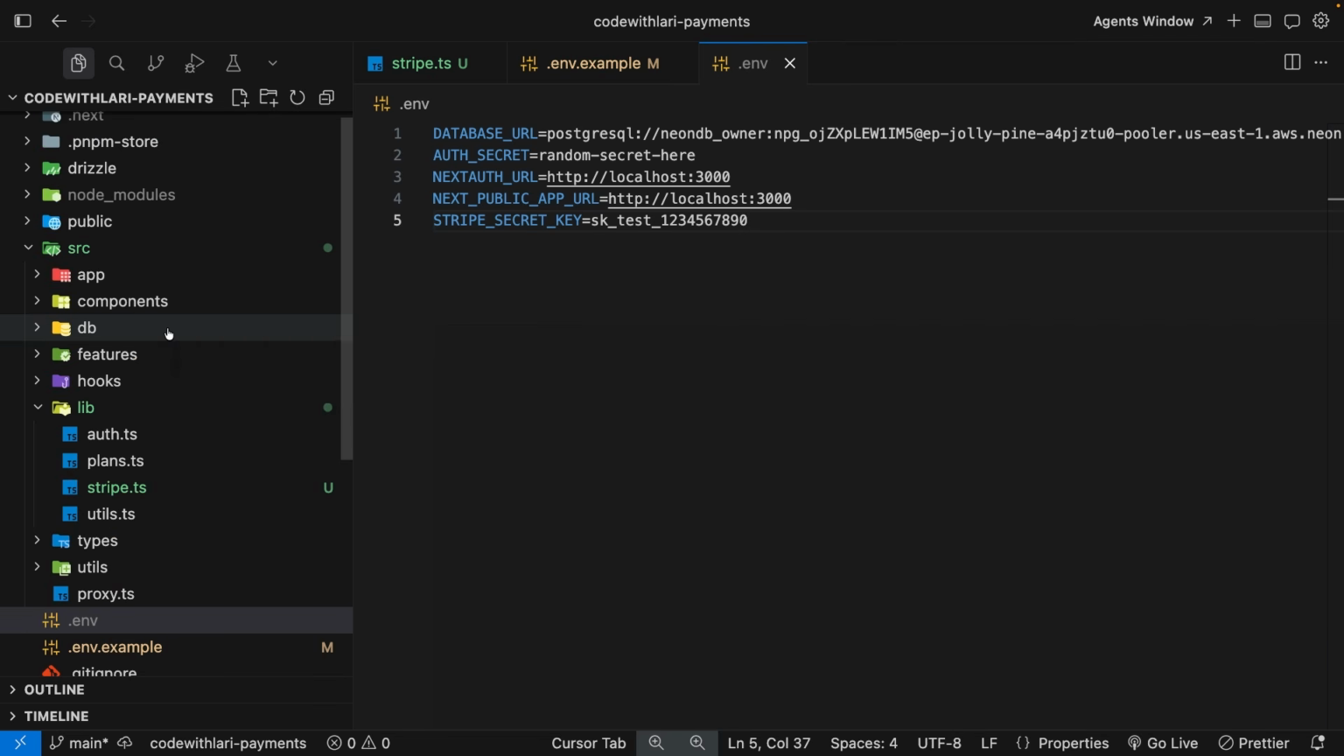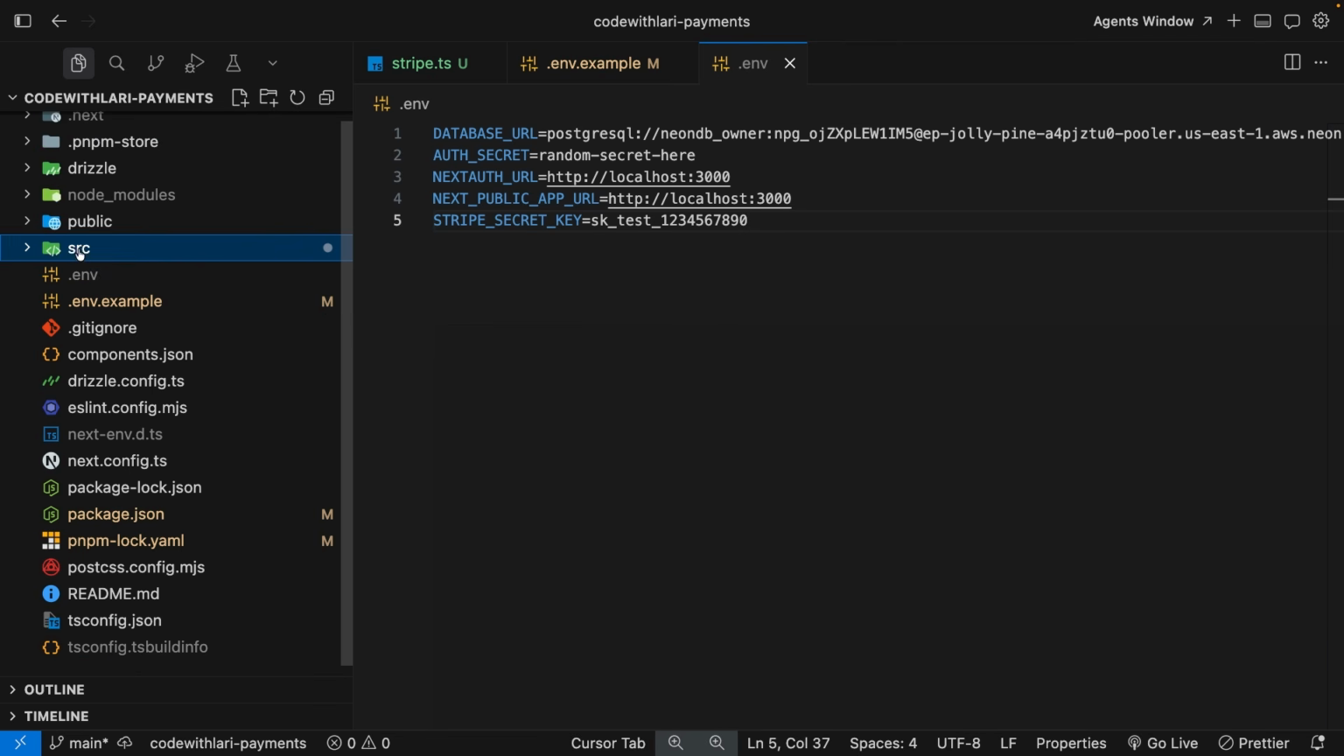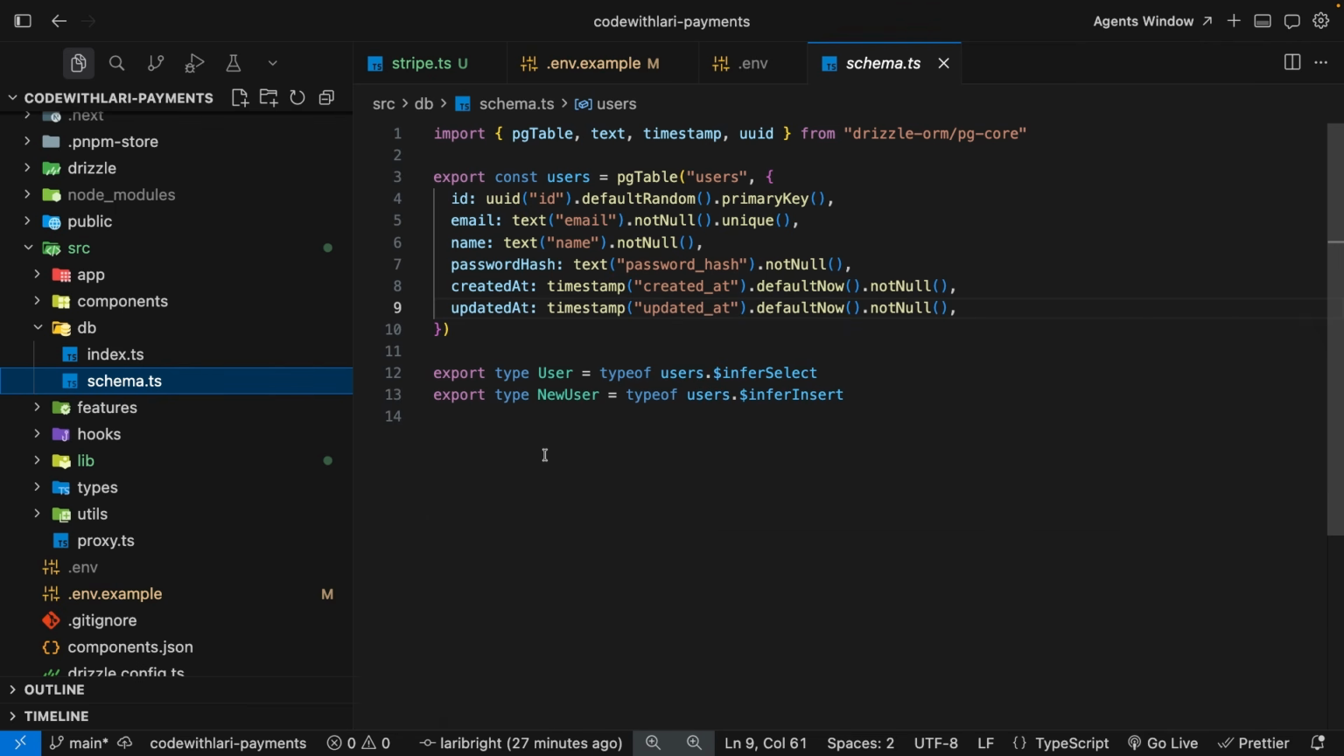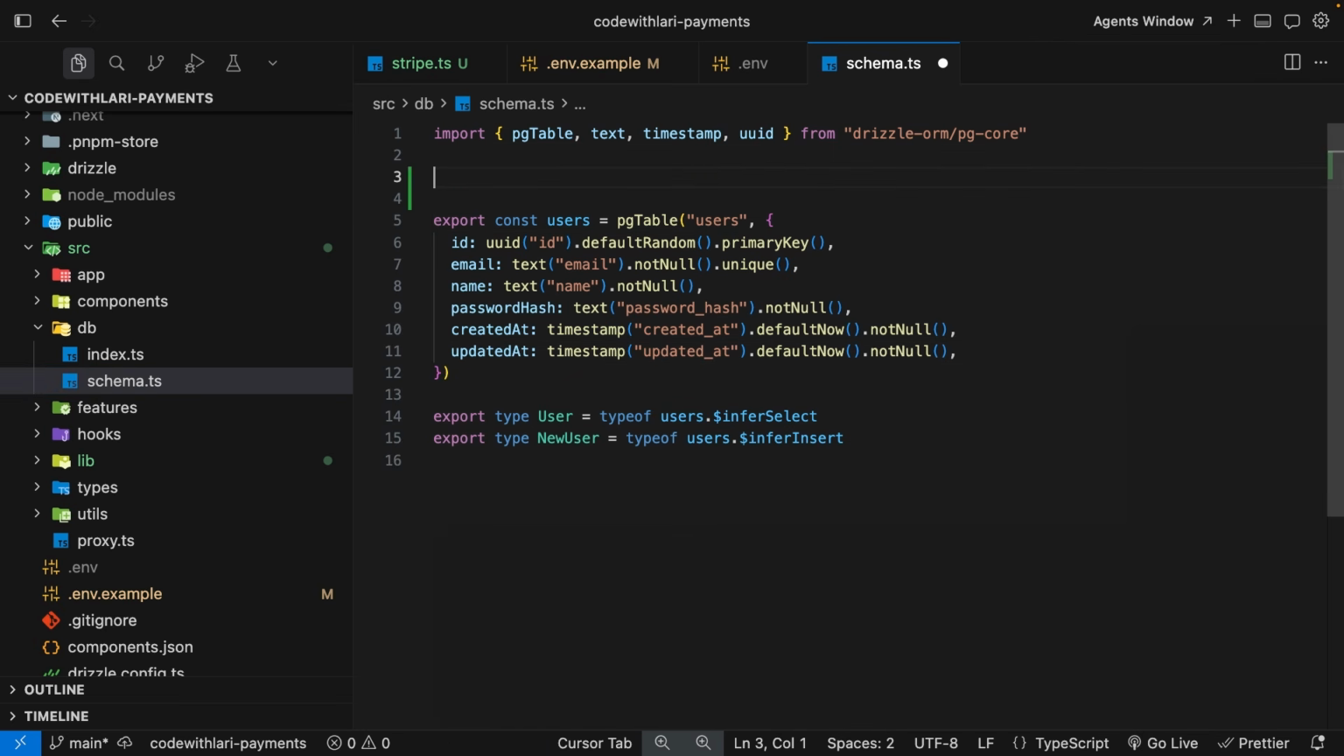Now we need to make changes to our schema. Let's come right into the DB, and right here in DB inside the schema.ts. Now we're going to define things like the enums, which is like subscription status, and also over here we're going to make a change to the users table. So over here, let's